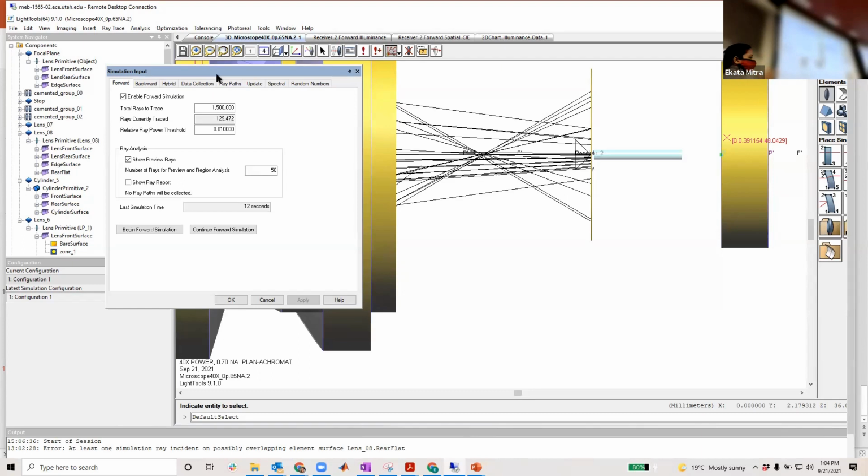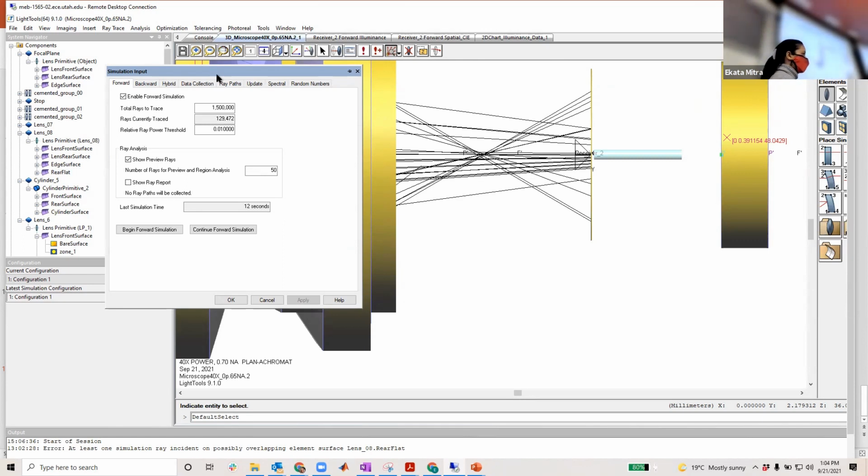Actually the formula is the area of the detector by the square root of the total number of rays. So if you want more stability of your optical system, you need to give more rays. They actually recommend something over 1 million. See, I have used 1.5 million. You can use more, just keep in mind how much stability you are going to give.